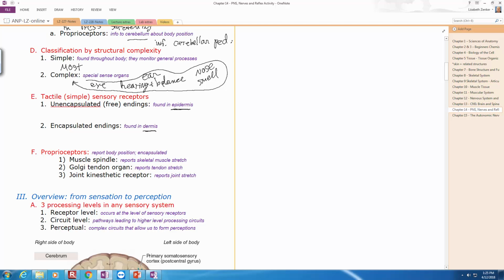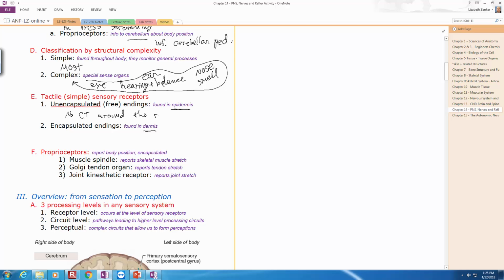And what else do I want to tell you? We're not going to go into the details of the different kinds of, you might have seen it in your lab manual when they talked about the Merkel's discs and different sensation for touch. We're not going to go into that much detail in lecture right now. So unencapsulated is going to be no CT